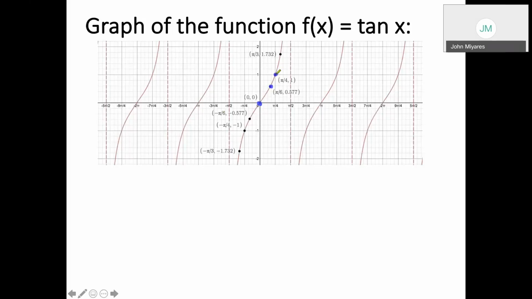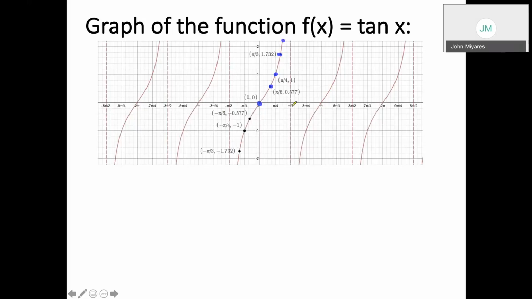At 45 degrees, or pi over 4 radians, the ratio comes out to equal 1, since the opposite side y and the adjacent side x will have equal lengths. As the angle measures approach 90 degrees, what you're going to see is that the opposite side of the unit circle is going to approach 1, while the adjacent side, x, approaches 0. When you divide a number close to 1 by a tiny decimal close to 0, the values get huge, essentially